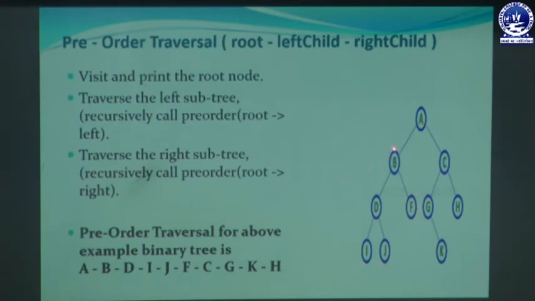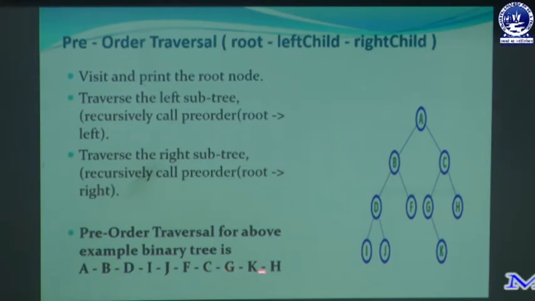As the left subtree is completely visited and the root is already visited, we will go for the right subtree for the root node A. And in the same process, that means by the recursive call of the pre-order traversal, we will go for the right subtree traversal. In the right subtree, first we get the root node C. As it is the root node of this subtree, we first visit the node C. So after F, the node C is visited. Then we go for the left subtree for this root node, and we get another root node, that is G. Then after C, we visit the node G.